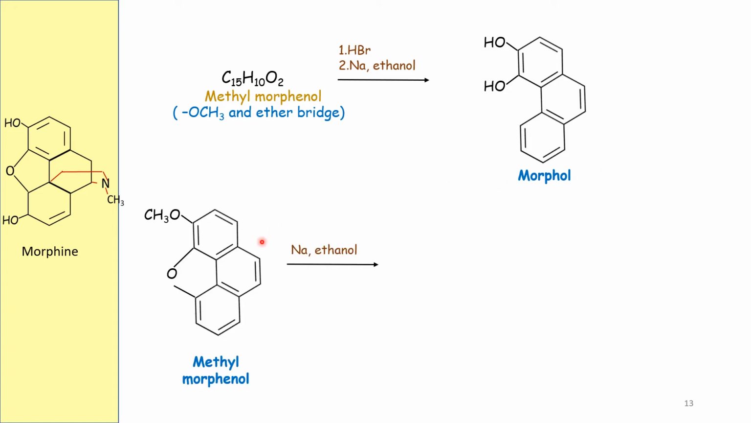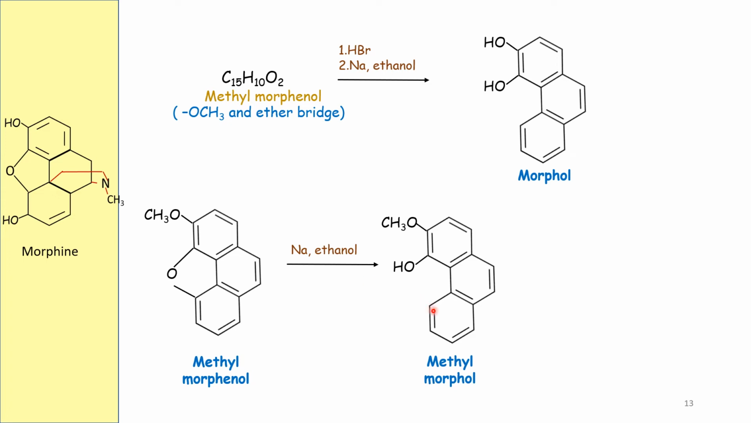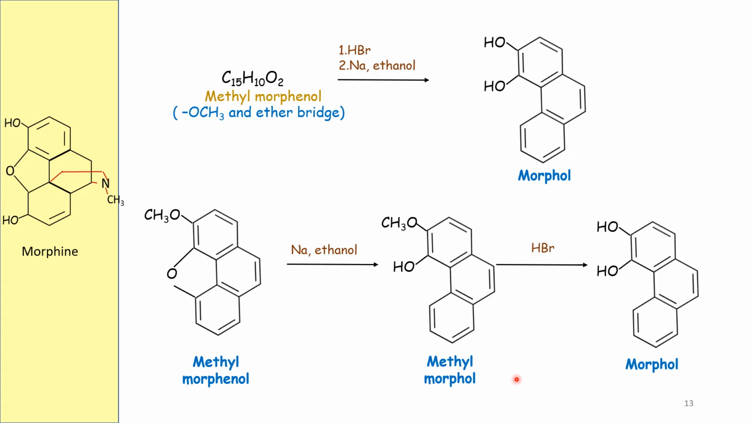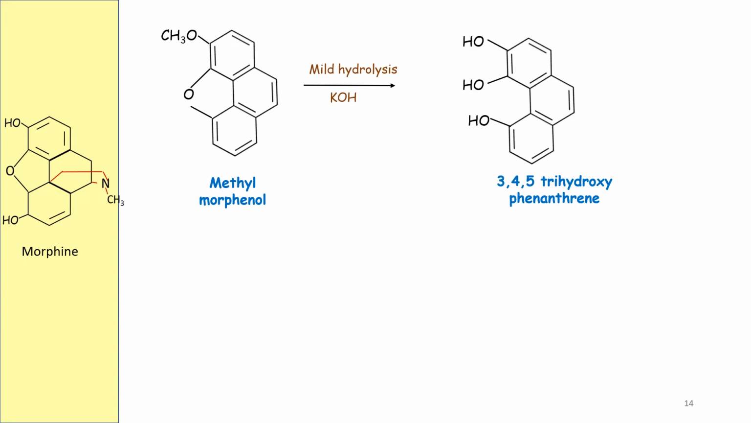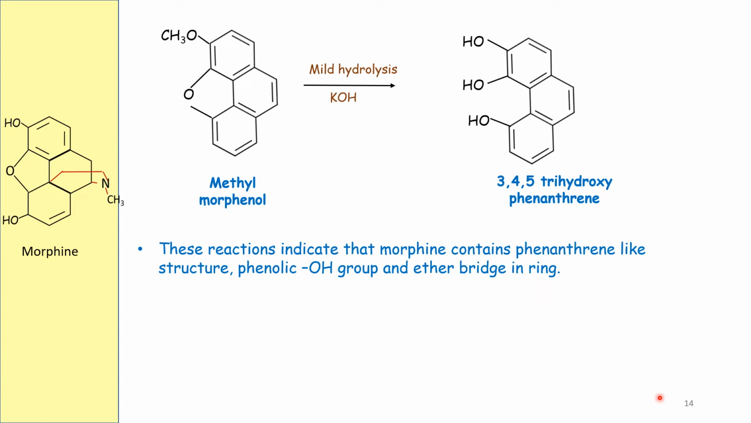And this is methyl morphol. This is methyl morphenol and this is methyl morphol. Look at the structure: there is an ether ring, and in this case the ether ring is opened, and we get methyl morphol, which when treated with HBr gives Morphol as the product. This is methyl morphenol. Upon hydrolysis it gives 3,4,5-trihydroxyphenanthrene, and this reaction indicates that morphine contains a phenanthrene-like ring structure, a phenolic OH group and an ether bridge in the ring,